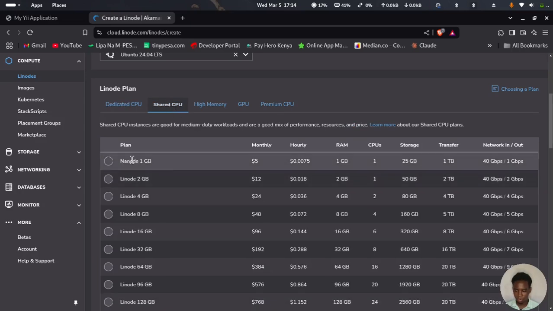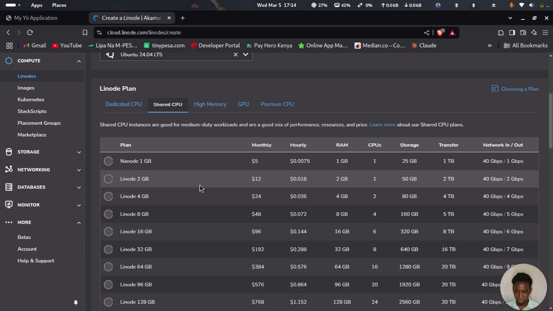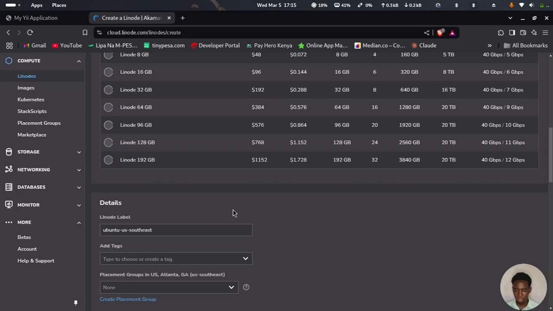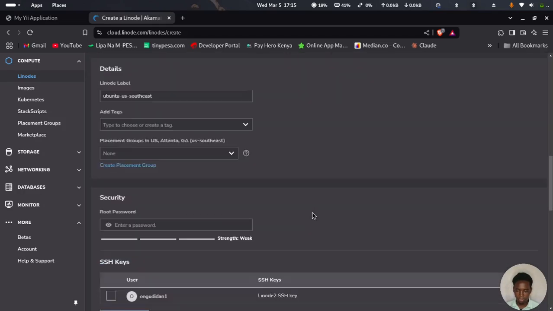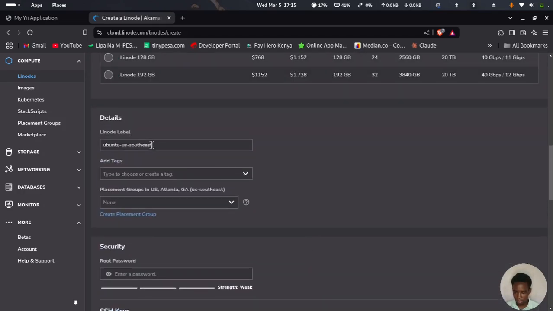In this section, we can use the 1 GB RAM or the 2 GB RAM. I'll just select the 2 GB RAM. I think this is more stable, but you can also use the 1 GB RAM. It is working perfectly as long as you are not using a lot of resources. Now in this section, I'll just select it. I'll just name it as portfolio Linode,